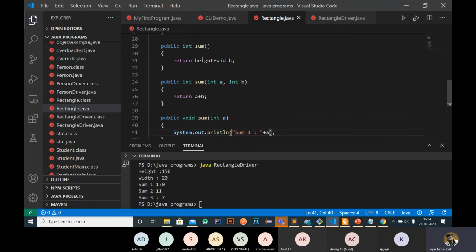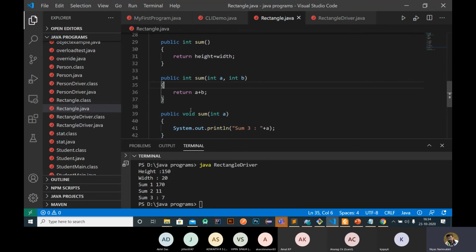Okay, so again the parameters must be different, otherwise the compiler will be confused whether it needs to call this or whether to call this. Okay, so if you need to create an overloading concept, the parameters must be different. Even in case of methods, we can use a different return type, but the parameter must be differentiated.